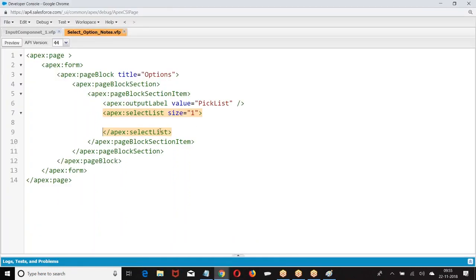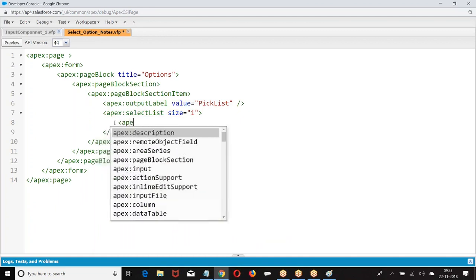In the pick list, do you have any option? No option. So create the option.